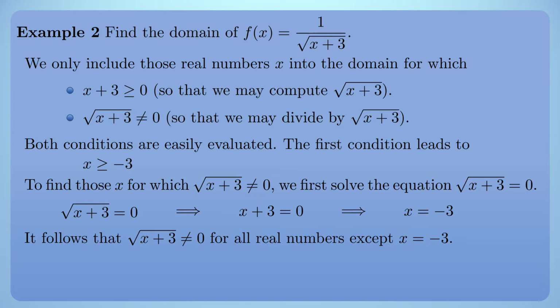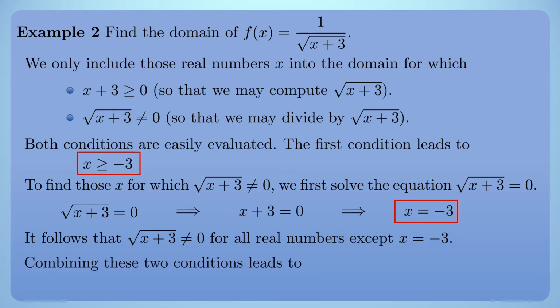It follows then that the square root of x plus 3 is non-zero for all real numbers with the exception of x equal to negative 3. Combining the 2 conditions in the red rectangles leads to the final solution for the domain of this function, namely the interval from minus 3 to infinity. Our first condition said that x needs to be greater or equal than minus 3, but the second condition says that x cannot be equal to negative 3, as that one yields a